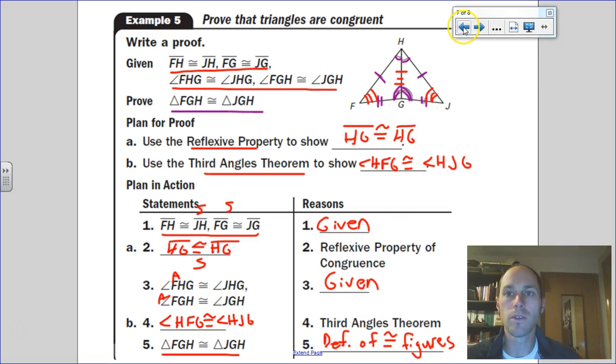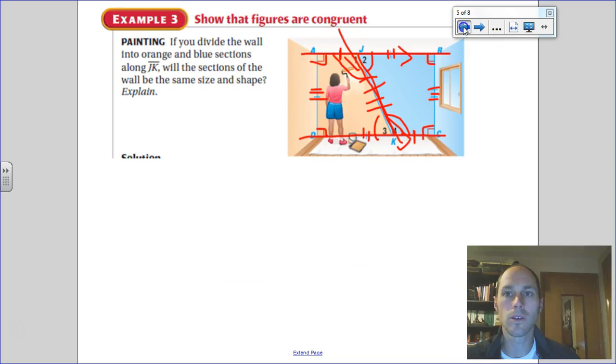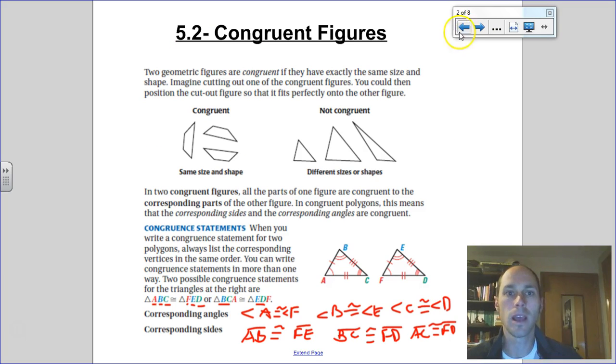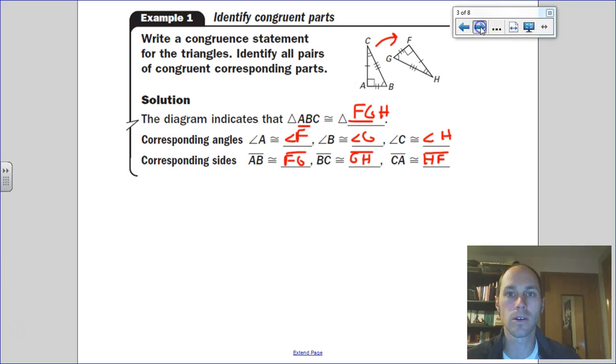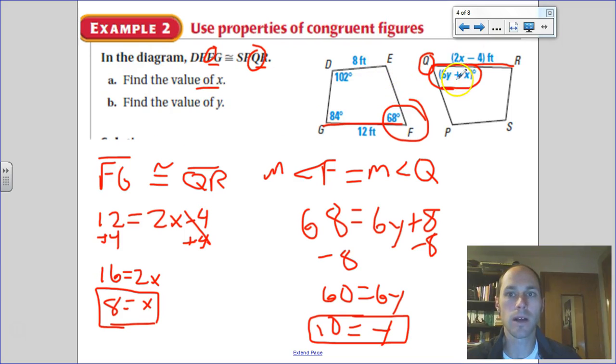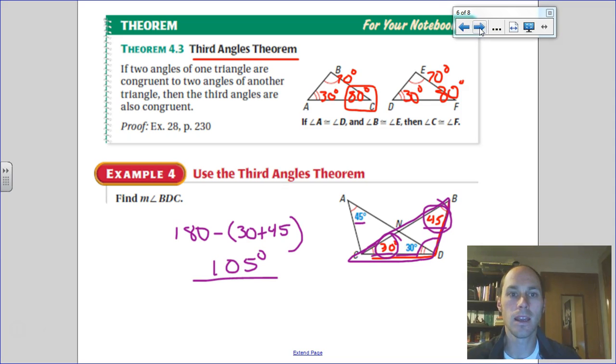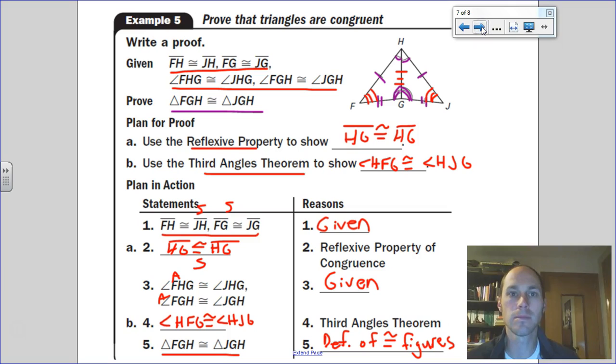So, we've learned how to work with congruent figures, how we can write congruent statements and show which angles and sides are corresponding and would therefore be congruent. We worked with some problems where we're setting up equations to find values. And we also learned the third angles theorem and wrote a proof using the third angles theorem and